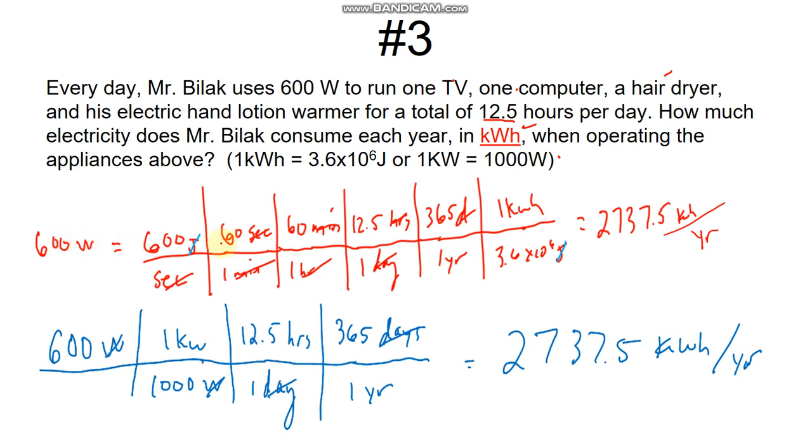So again, I pre-wrote the answer to save time with this video. You start off with what you know, and you know that he uses a total of 600 watts, which is equal to 600 joules per second. Seconds cancel, minutes cancel, hours cancel, because he uses all that in a total of 12.5 hours per day. Now this is for the whole year, so the days cancel. There are 365 days in a year. And right here, it told you that there are